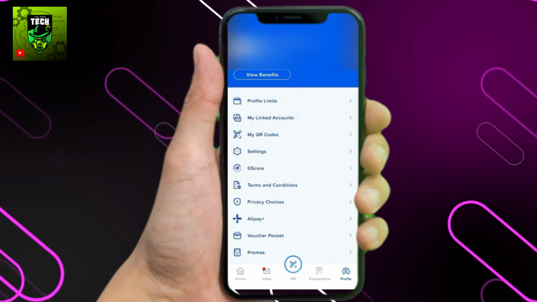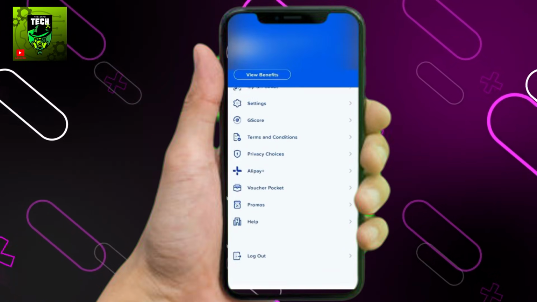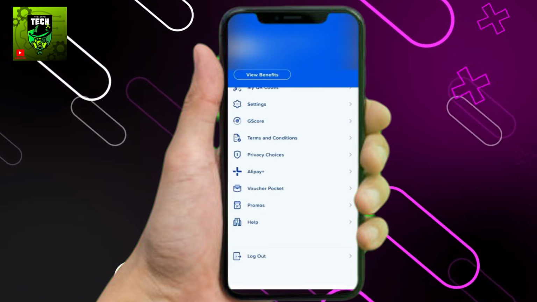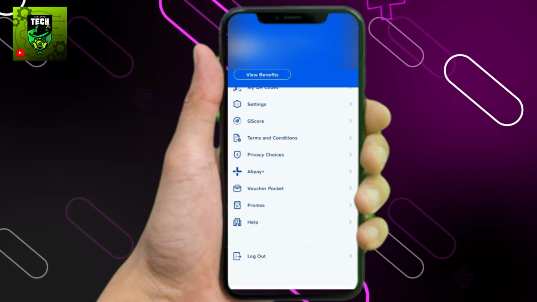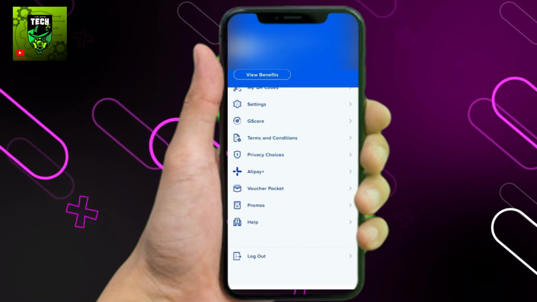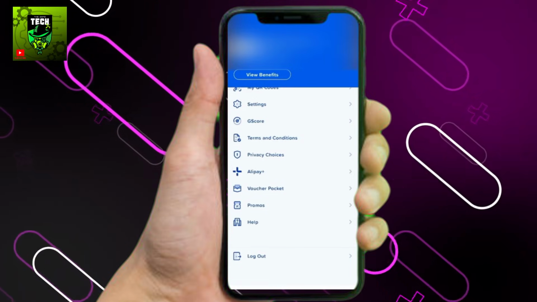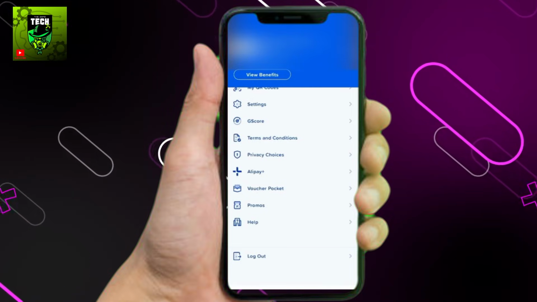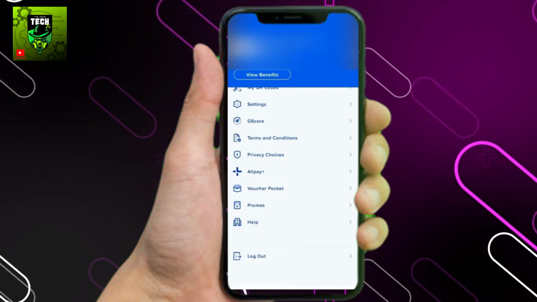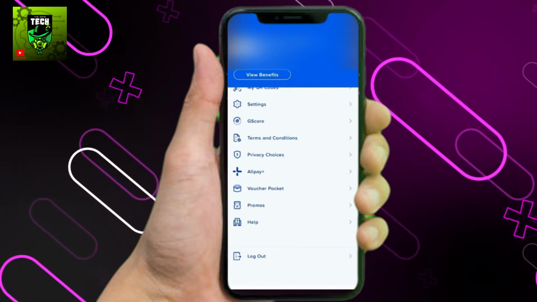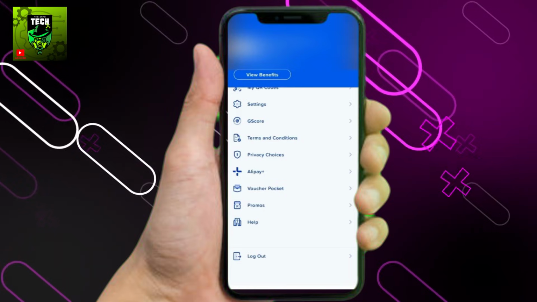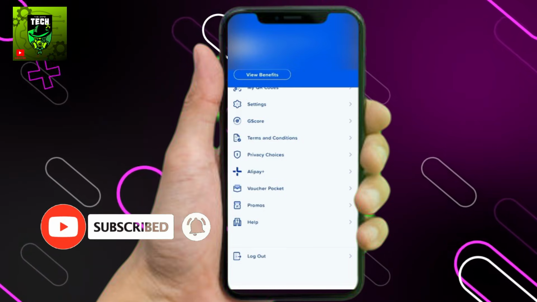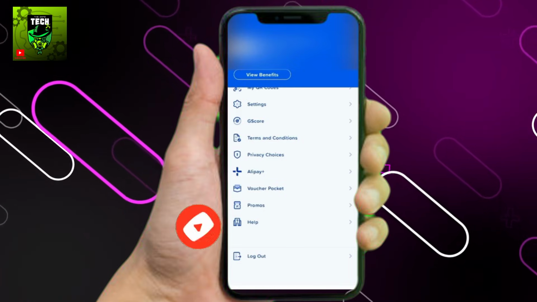From here, we need to scroll down in this menu and look for the option that says referral. Typically, you should be able to see it here in the very bottom section that says refer friends. On the next screen, you should have the option to either share it via SMS or share it to other platforms if you want to. But then again, this feature might not always be available. So in this case, if you don't see it right now, it means GCash does not support